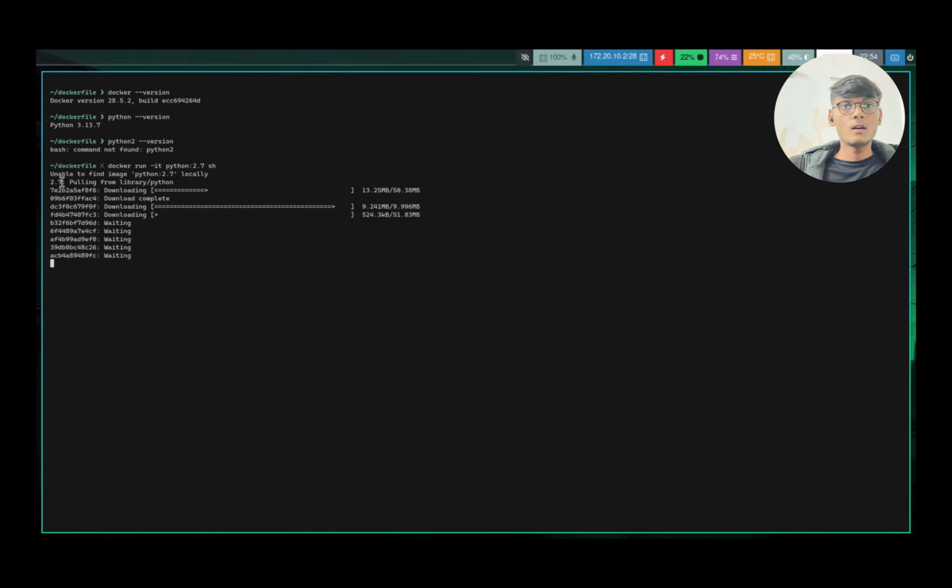When you pull any repository from GitHub, it installs locally. But Docker Hub contains images, and you can pull an image, and it runs directly in a container. You will run this Python 2.7 and install it. Let's check what exactly happens.